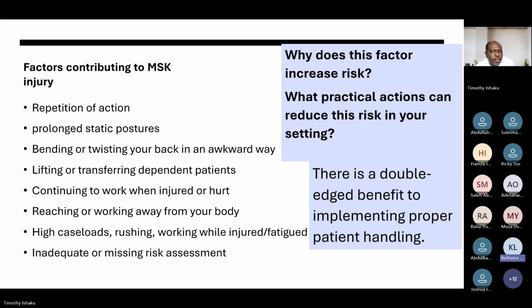What can be done to mitigate it is rest, or maybe asking that your station be changed. Maybe you can begin to work in an area that does not involve the injured part. And then in the case of lifting or transferring dependent patients,